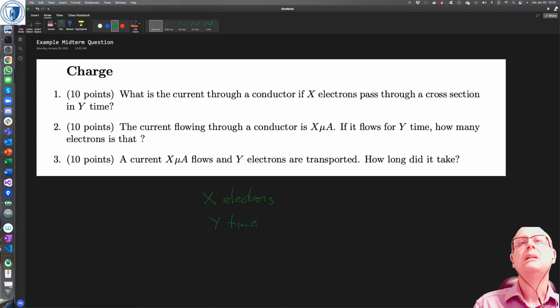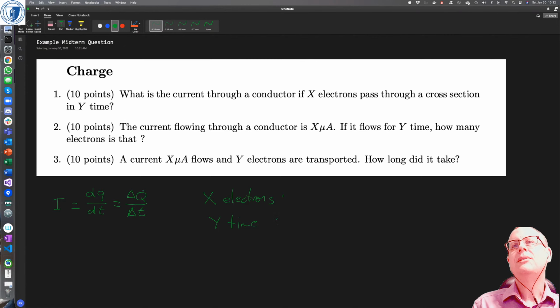And remember the relationship between current and charge. The relationship was I equals dq dt, but where we've got constant values, we can just go with the change in charge versus the change in time. And that's effectively what these two are.